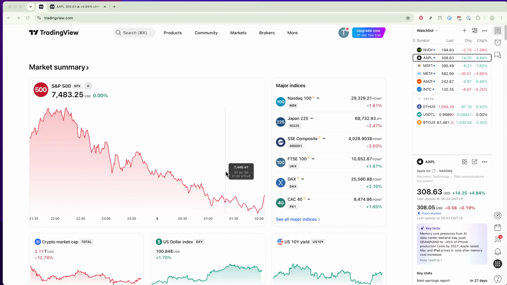In today's video, I'm going to teach you how to enable the CPR indicator in Tradingview. The Central Pivot Range, or CPR, is an essential tool for traders looking to identify key price levels, potential breakout zones, and reversal points in the market. Whether you're new to Tradingview or just haven't explored this feature yet, I'll walk you through the process step by step to get it set up quickly and easily. By the end of this tutorial, you'll be ready to use the CPR indicator to refine your trading strategy and